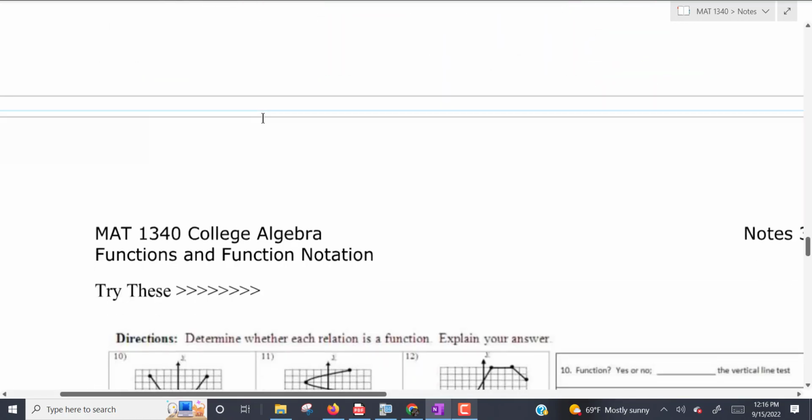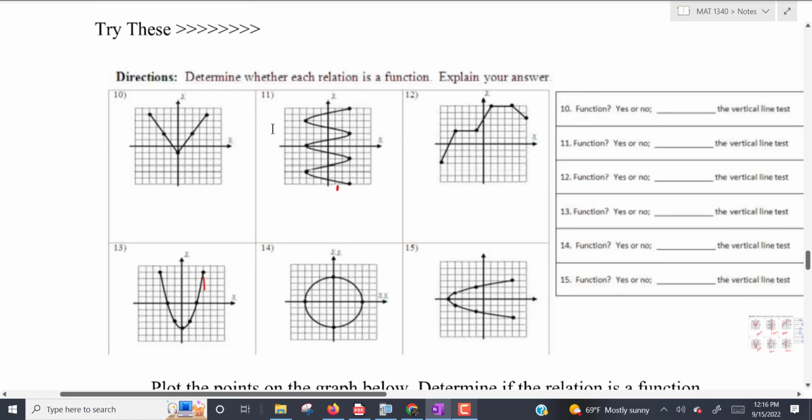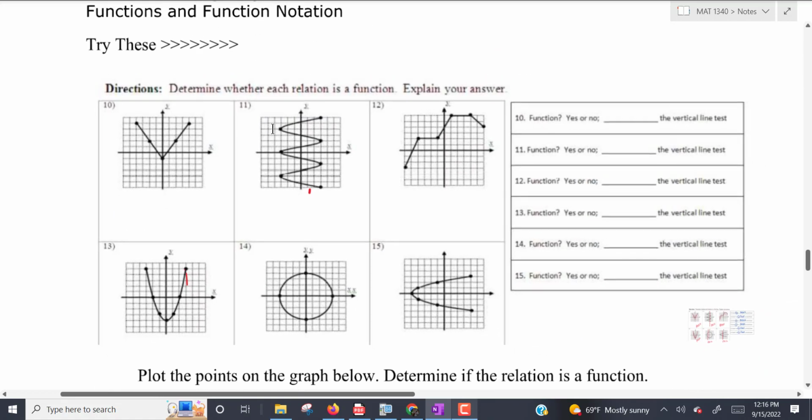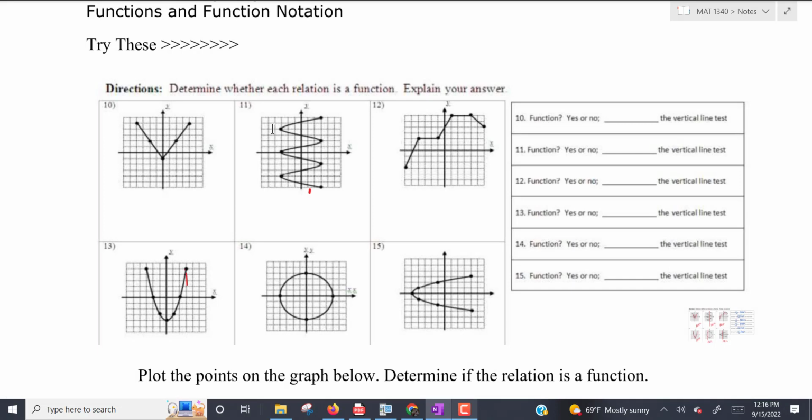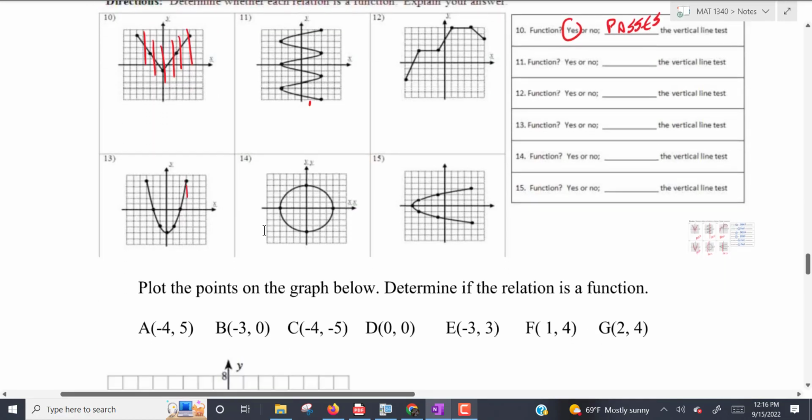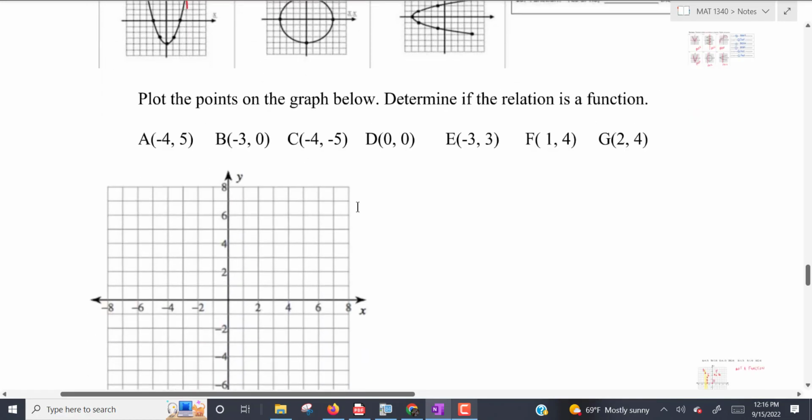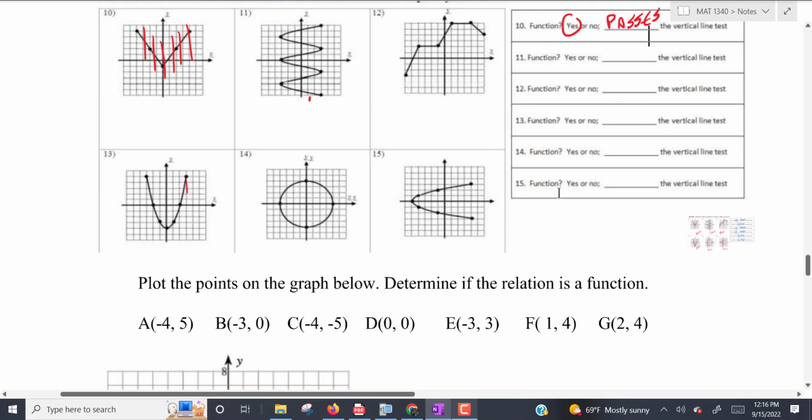Okay, go ahead and just quickly, I'm not even going to check your work on this, but this is kind of what I'm wanting you to do. Like on number 10 on the next page, is number 10 a function, yes or no? Okay, yes. And the reason is it passes the vertical line test. So I'm going to let you do this, it probably only takes a minute, and when you're done with 10 through 15,